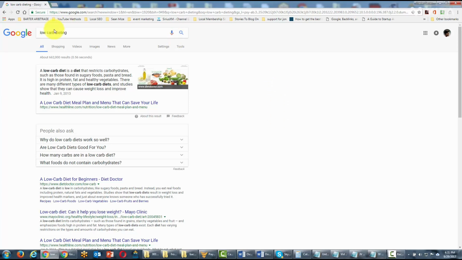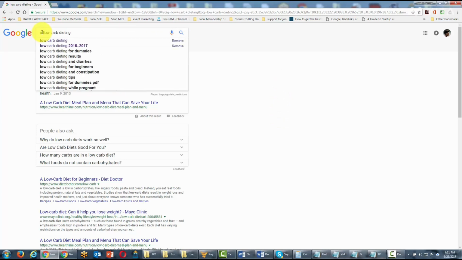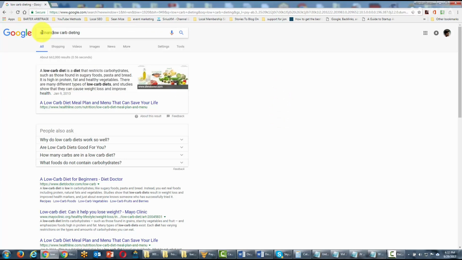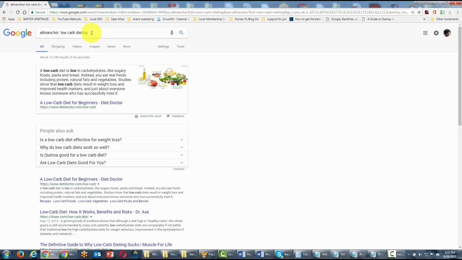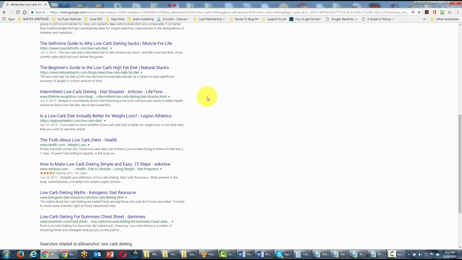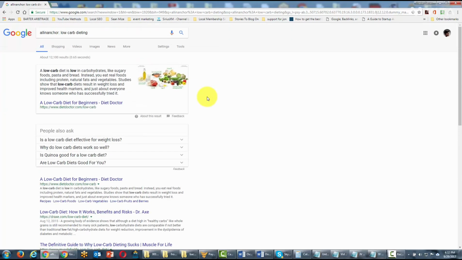So in this particular case, all we'll need to do is write in all in anchor. Then we'll click a colon, and then we will hit enter. Now, once again, you're going to see a different set of results and a different set of top 10 results. You are looking at those sites that are being linked to using the anchor text with our keyword. It is another way and another view of getting relevance and for you to see another website that might have valuable information for your research or for competitive research.